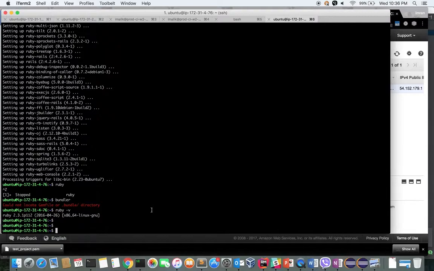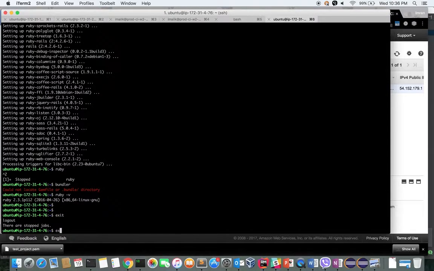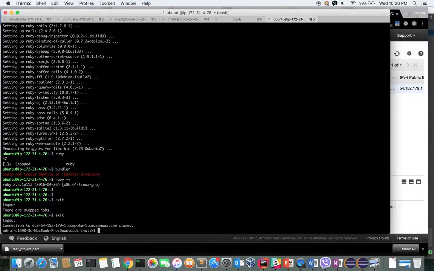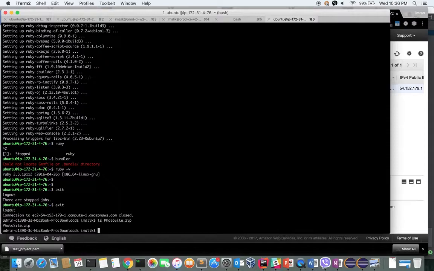Now I'm going to copy my code zip file to this remote. I'm going to first exit out, and I have my zip file here. I'm going to use the scp command instead of SSH. scp lets me copy my source files to the remote machine.